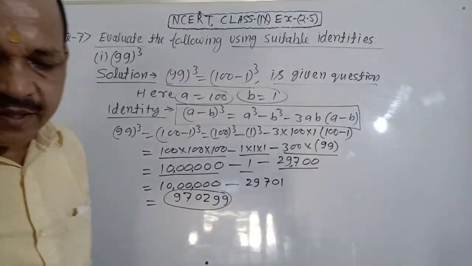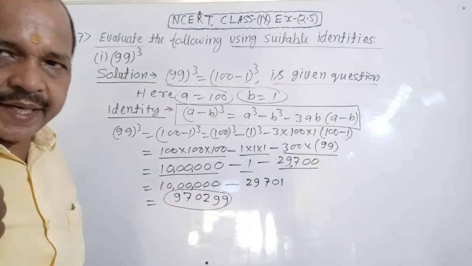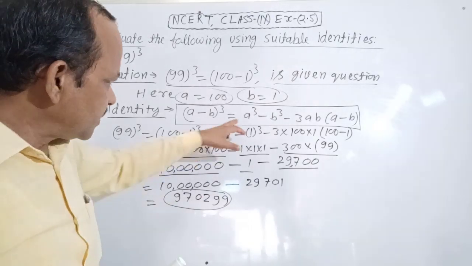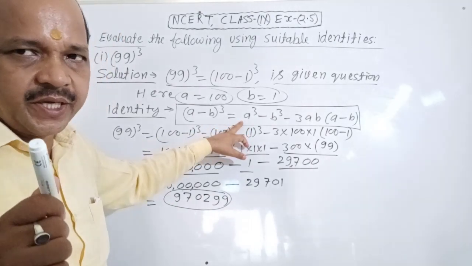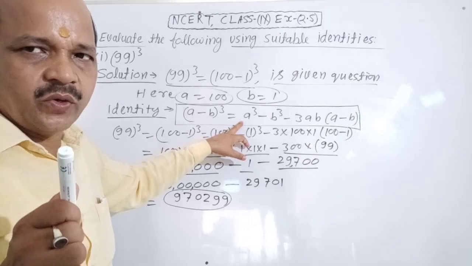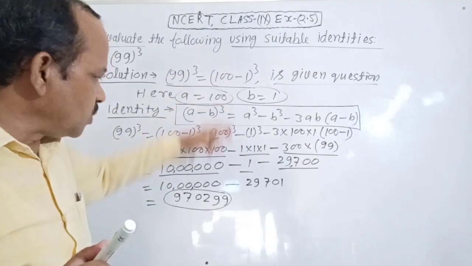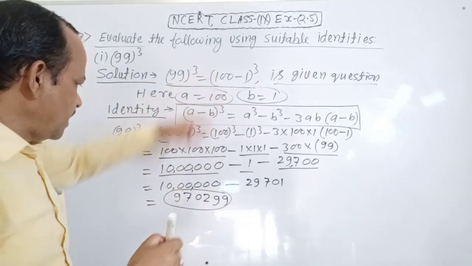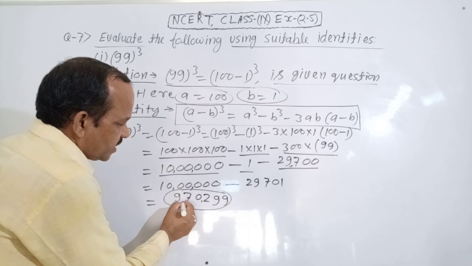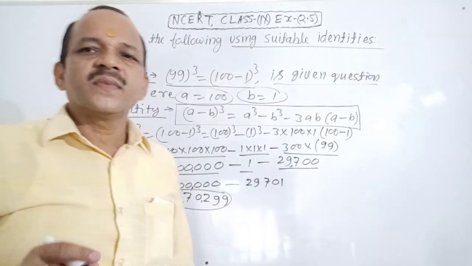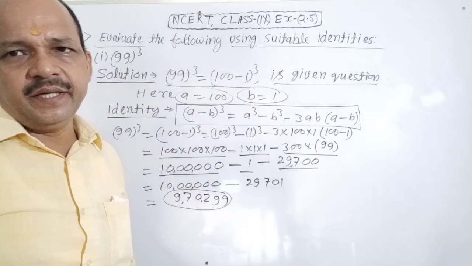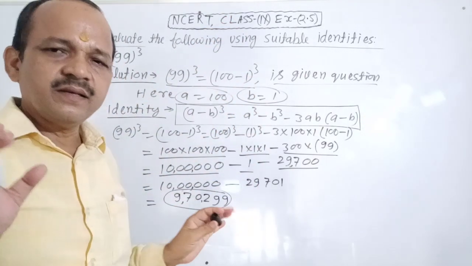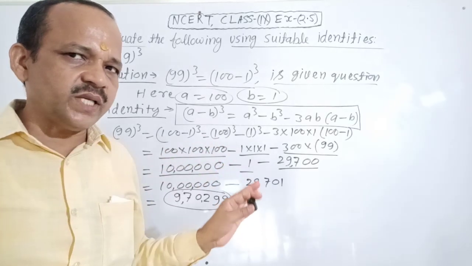It is your answer. You find your answer very easily with the help of this identity. The identity is clear. No confusion about it. Very good. The solution is clear. No confusion. Very good. In this way you can solve any question with the help of this identity and this solution. Very easy. It is very easy. Clear? No confusion about it?